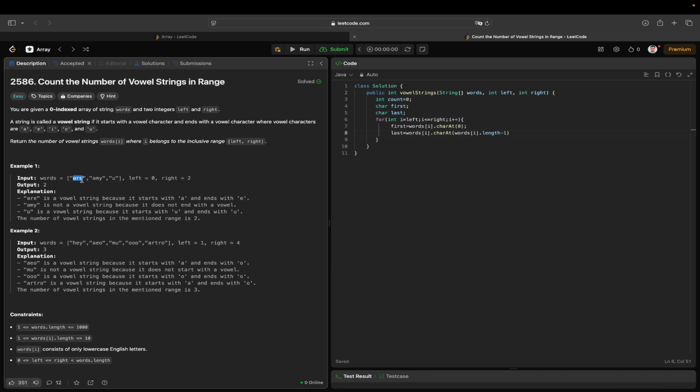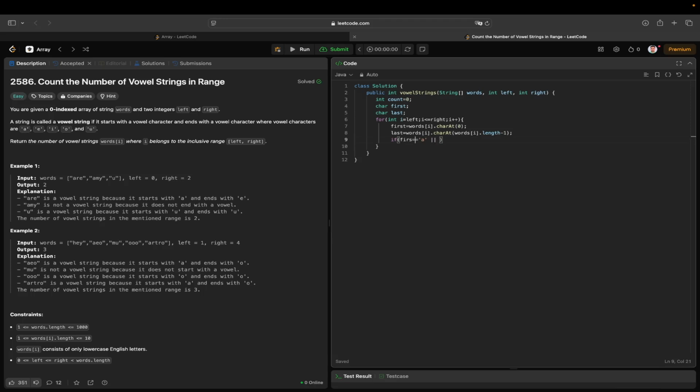So if the length is 3, then 3 minus 1 makes it 2, so this is the second index, right? That's why. Okay, and then we will write an if condition that if the first is equal to character A,